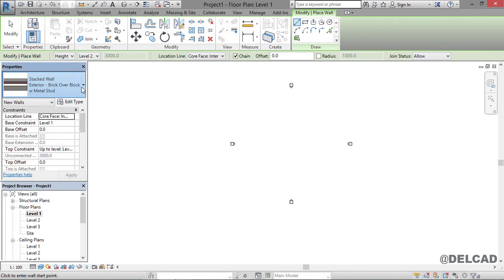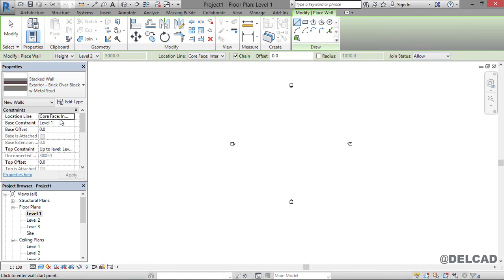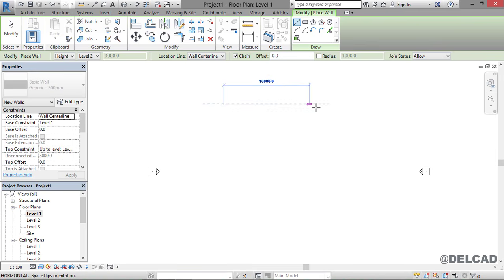let's have a basic wall of say generic 300 millimeters thickness. So again, we're going to change from the core face interior to a wall center line, which is basic for your drawing. And make sure that the plan here is set to level 1. We can go ahead and create a simple wall like this,